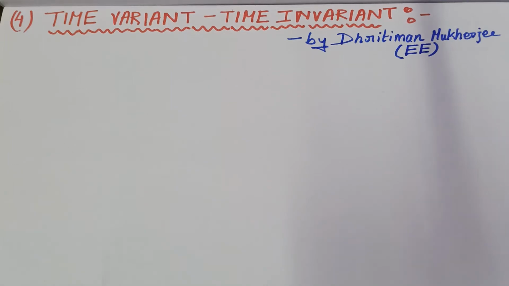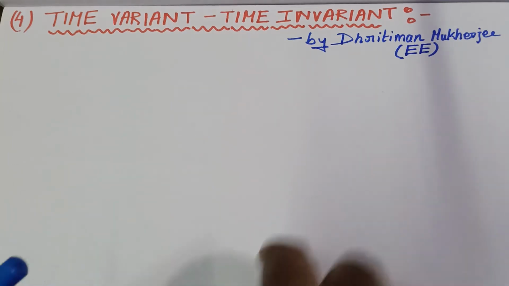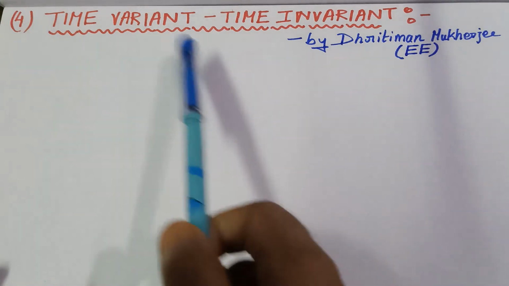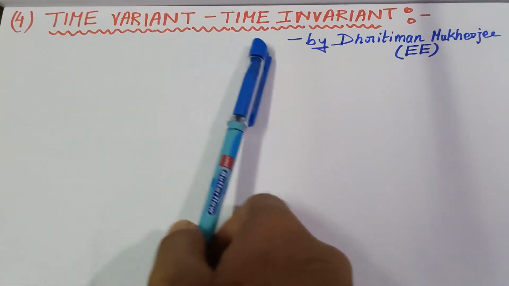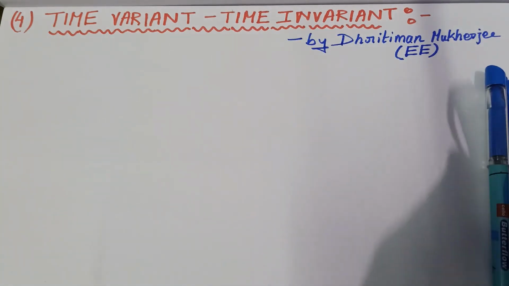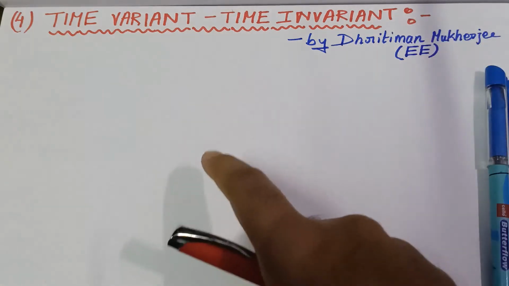Hello everyone. In our previous lectures, we have already completed the linear, nonlinear, active, passive, and unilateral, bilateral. In this lecture, we will learn time variant and time invariant elements. Okay. So how to know from a VI characteristics of an element that the element is time variant or time